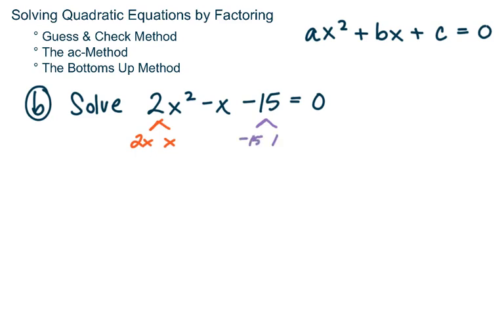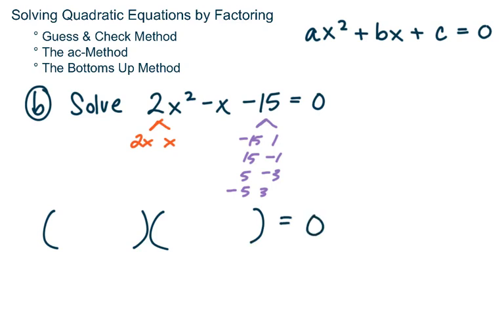I could have negative 15 and 1 or positive 15 and negative 1. Same with 5 and negative 3 or negative 5 and positive 3. And so this is where it can get a little messy because essentially we're just going to create two pairs of factors. I'll go ahead and put my 2x and my x, and I've got to kind of guess and